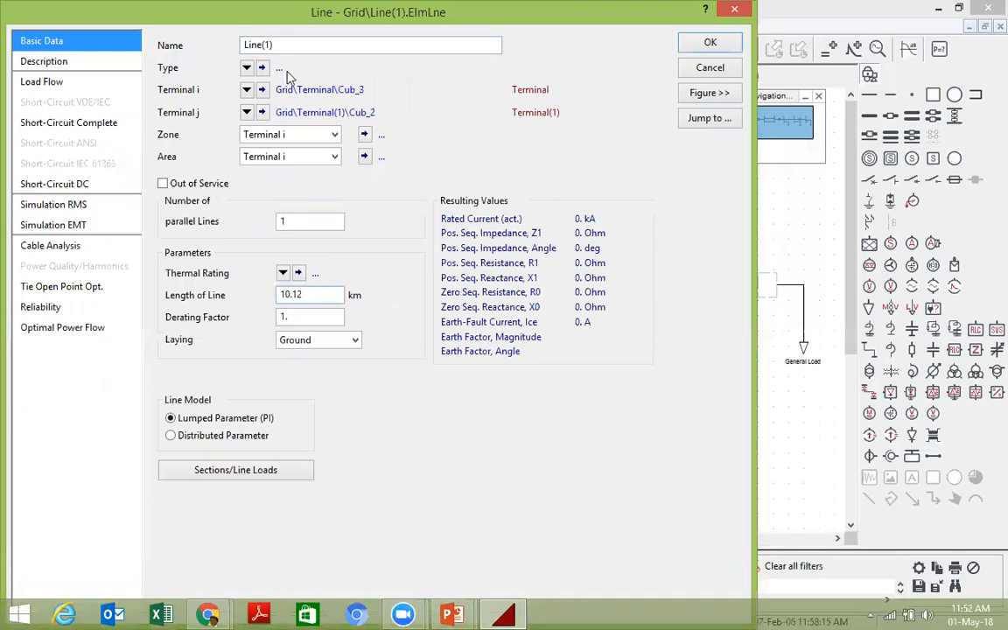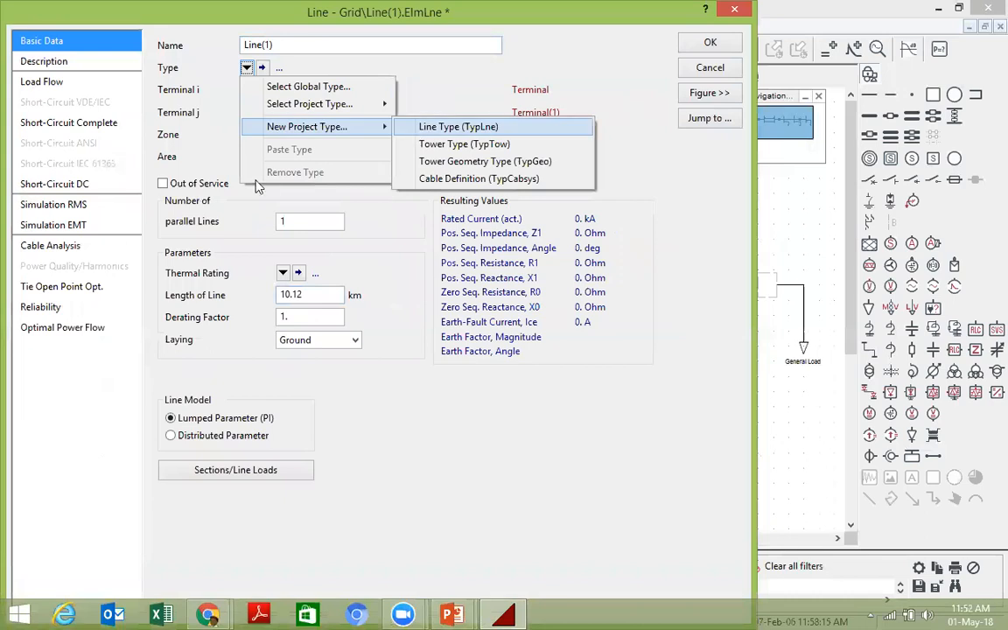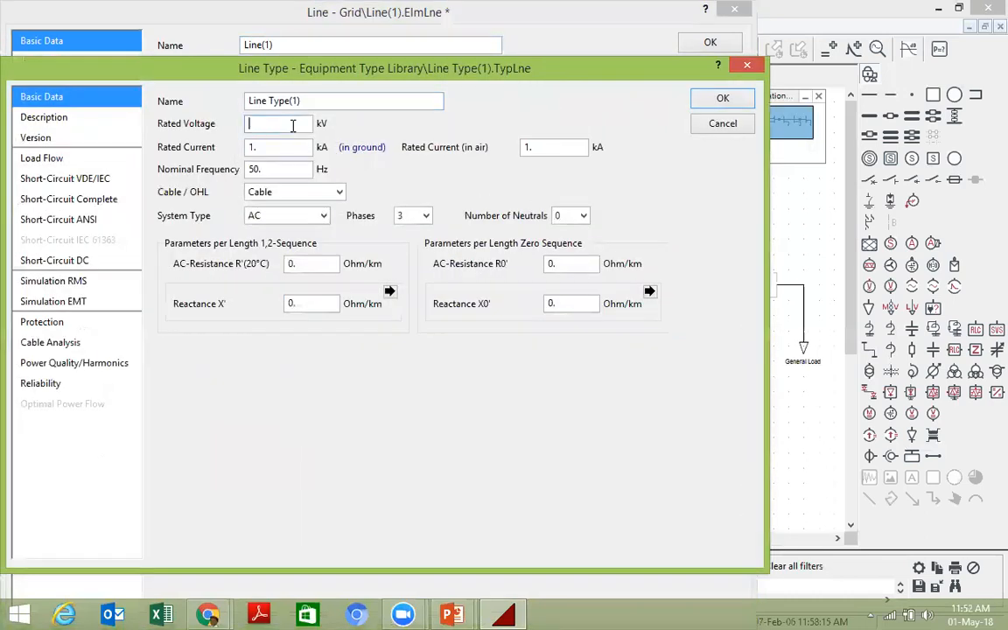10.12. Rated voltage 33.4241. Now 3454 and 9234. Okay, 9234. Okay,